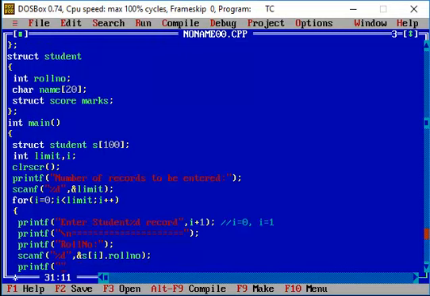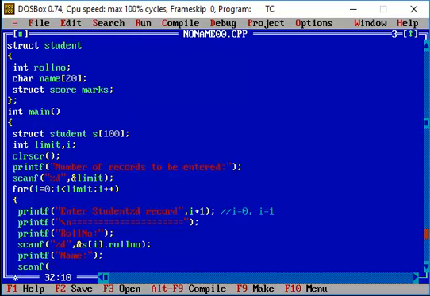So we are going to ask the name of the student. The name of the student will be entered by the user. Again I'm going to make use of the scanf statement and %s. Here it is enough if you just give the index value of the particular structure member, that is name. Remember, name is actually a character array. So it is sufficient if you give only the structure variable itself rather than giving the address. Giving the address as well as not giving the address both have the same meaning.